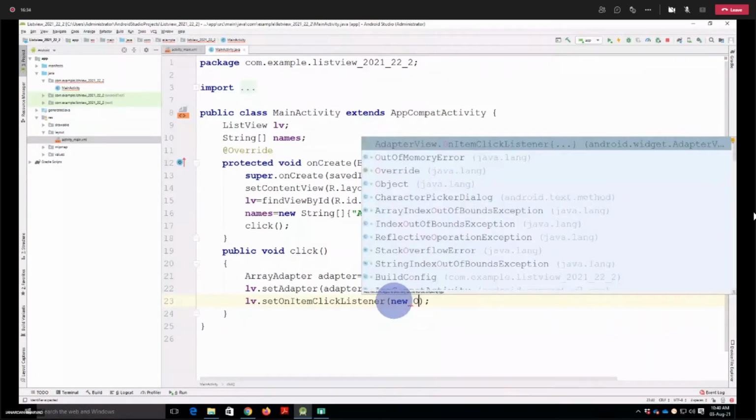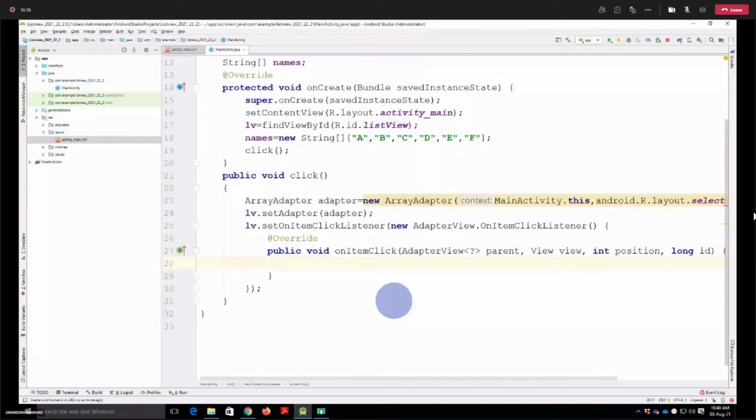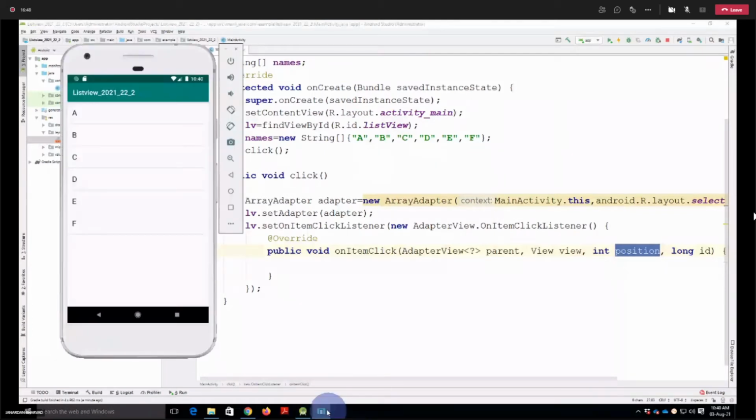Okay, now here you will find this variable which is called position. And what does that position mean? If you run this, when you click on whichever item you have clicked, the value of that position will be stored inside this variable.